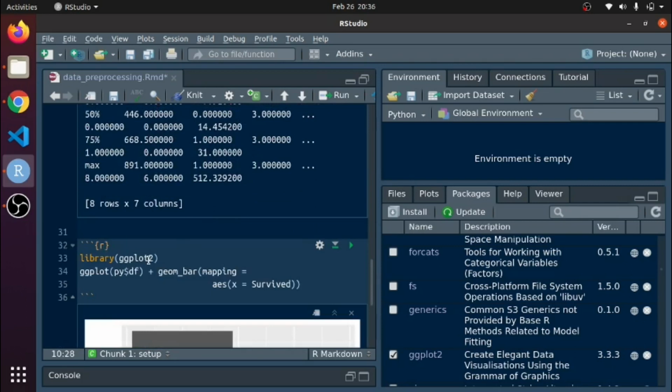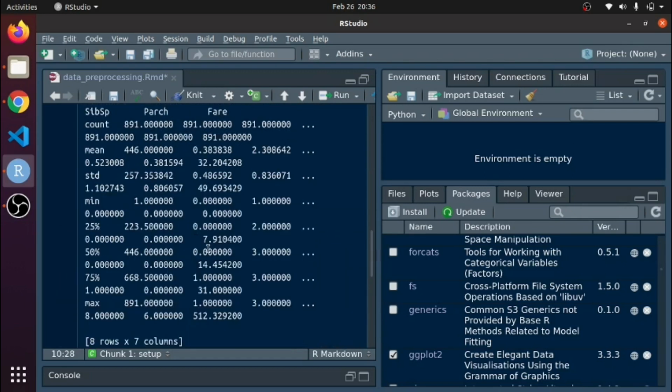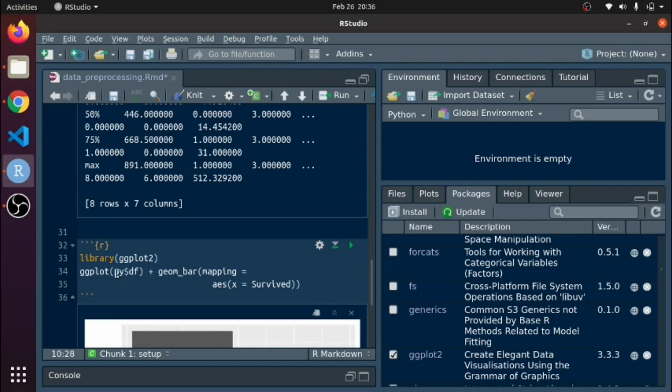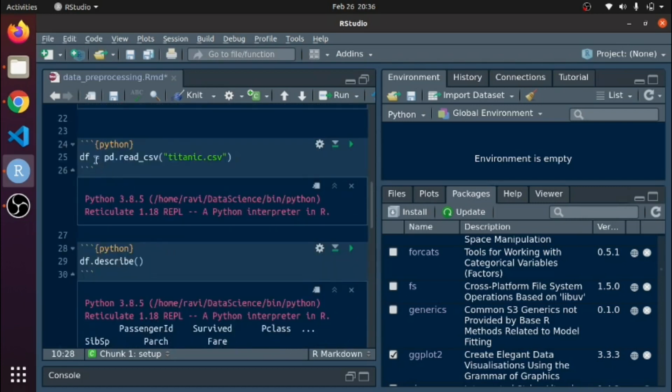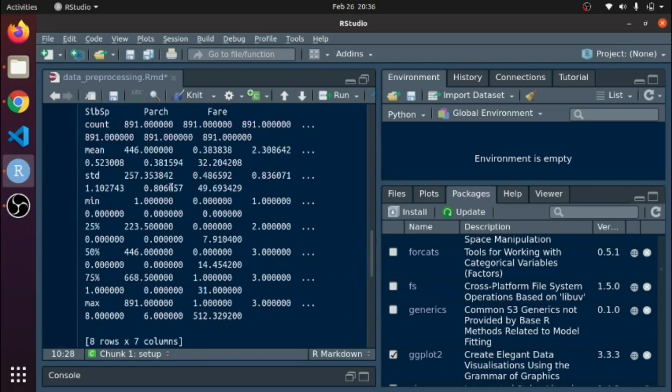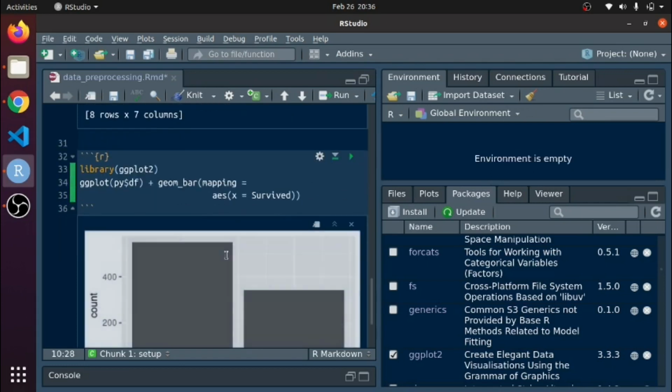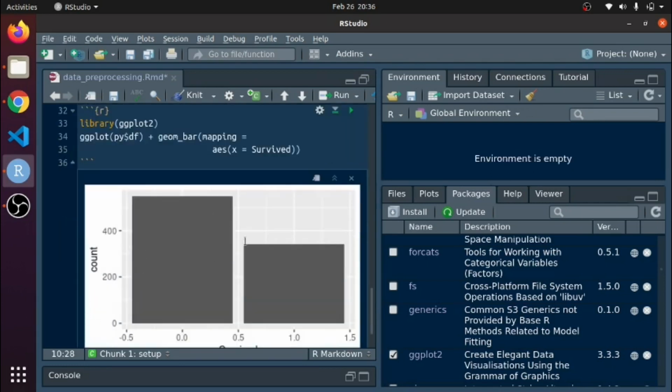For this I am using the ggplot2 library, and you can use your Python data structure by writing py, a dollar sign, and df. df is a Python pandas data structure, and this is basically a simple ggplot2 command. If you run this command, it will give you this result.